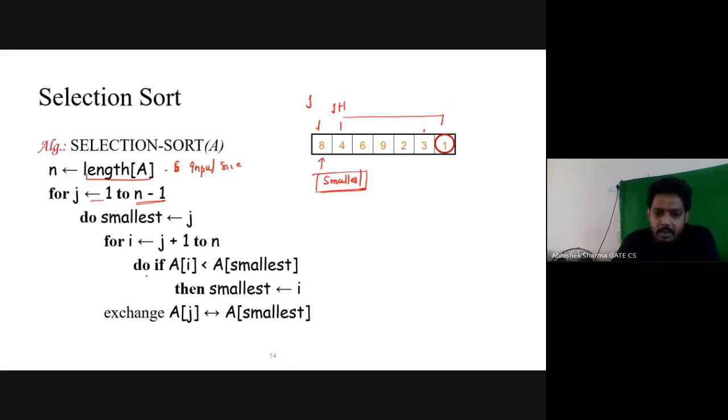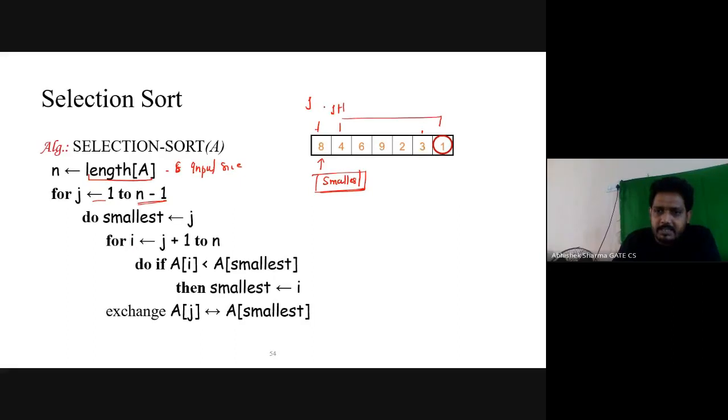And if a of i, the element 4, is lesser than a of smallest. What is the smallest index we got? j.